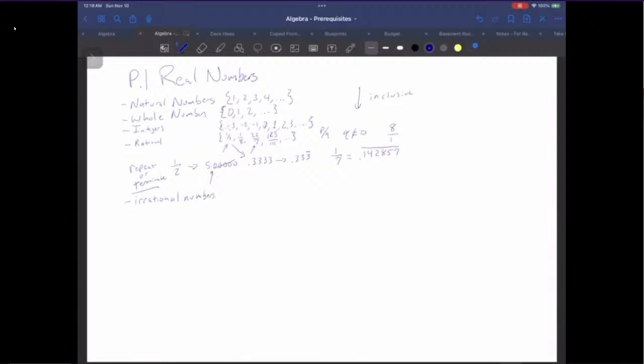So usually the set of real numbers is the combination of the rational numbers and the irrational numbers. Now, irrational numbers are decimals that do not repeat, do not terminate. So they are non-repeating, non-terminating decimals. They have infinite numbers of decimals. So if you could think of something which you cannot think of it, you would be reciting numbers from here